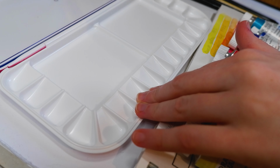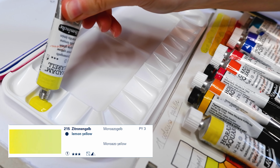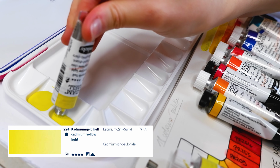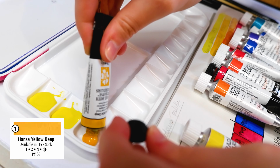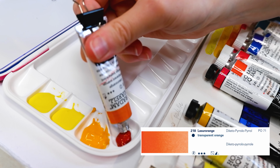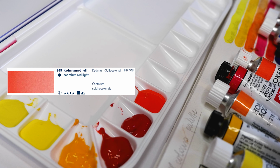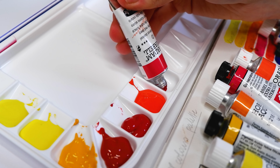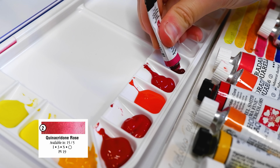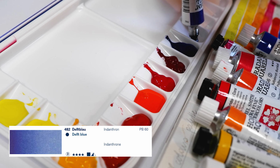So the colors in this palette are lemon yellow, which is a cool yellow, cadmium yellow light, a neutral yellow, Hansa yellow deep, a warm yellow, transparent orange, Quinacridone red and coral, cadmium red light, which is a warm red, ruby red deep, Quinacridone rose, which is a cool red, ultramarine finest, which is a warm blue, Delft blue,